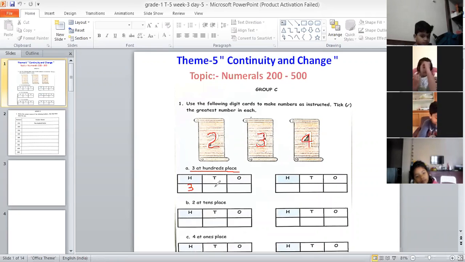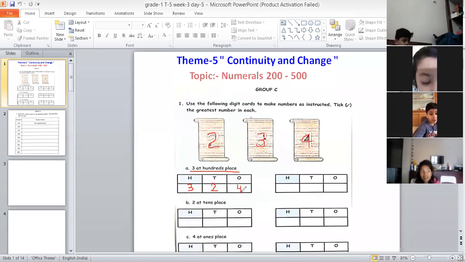Okay. Now, they have not mentioned what the number in tens place should be. And remember one more thing, that we have to use these 3 digits which are given. We have here 2, 3 and 4. So we will be using these 3 digits only. Now in tens place, we can write either 2 or 4. So let us say we are writing 2 first. Okay, so we are writing 2 in tens place. Now which number is left? Only 4 is left. So we will write that 4 in ones place.